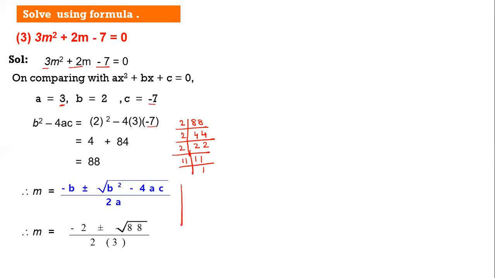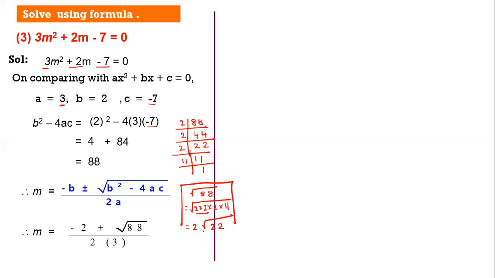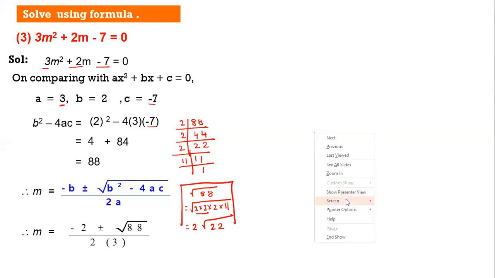So basically, if I have to solve root 88 separately, now this root 88 can be written as 2 into 2 into 2 into 11. We know we take a pair of 2s and remove one 2 in the case of square root. 2 11s are 22. So I can say that root 88 can be written as 2 root 22. Now with this in our minds, we'll go ahead. We know that root 88 can be written as 2 root 22. So let me just erase this calculation, hoping that you have understood.